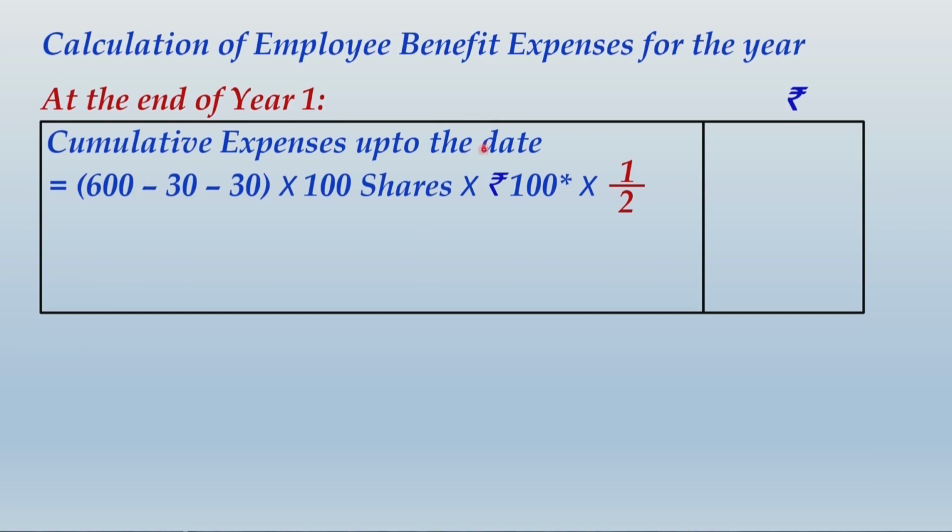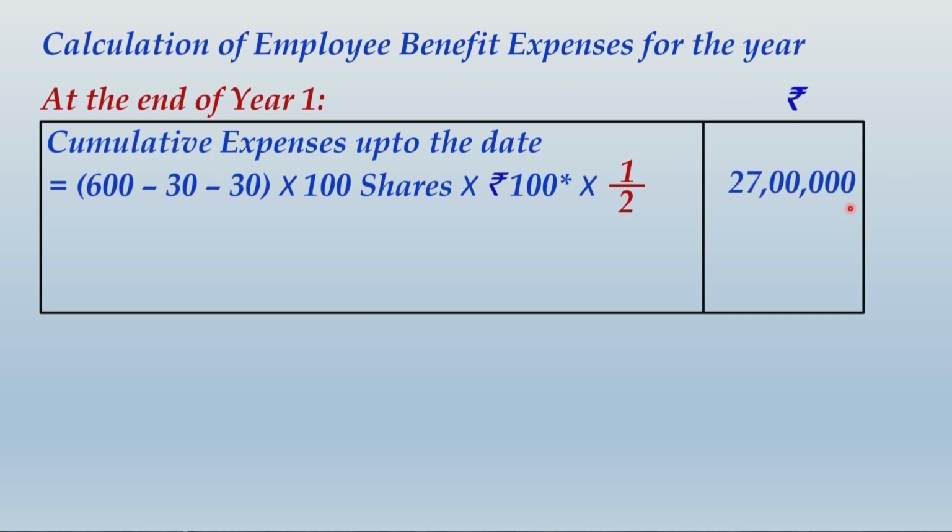100 shares. Now 100 rupees is what we have considered as fair value of the option or fair value of ESOP at the grant date. I told you not to take any other value but the fair value at the grant date. Then we have multiplied this by a fraction of 1 by 2. Why? Because we are expecting that the overall period for the conditions to be fulfilled for vesting the rights will be 2 years, and out of 2 years 1 year has passed. So the fraction that you will multiply over here will definitely be 1 by 2,